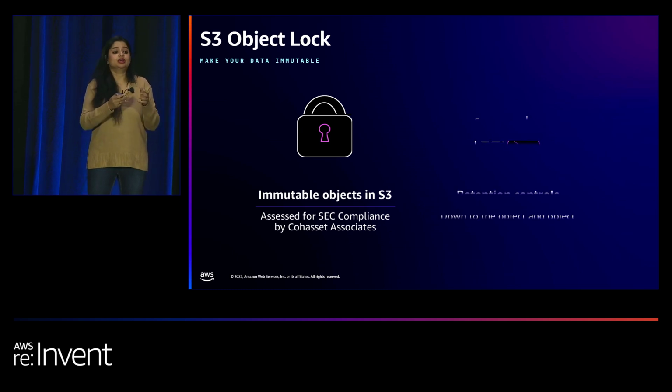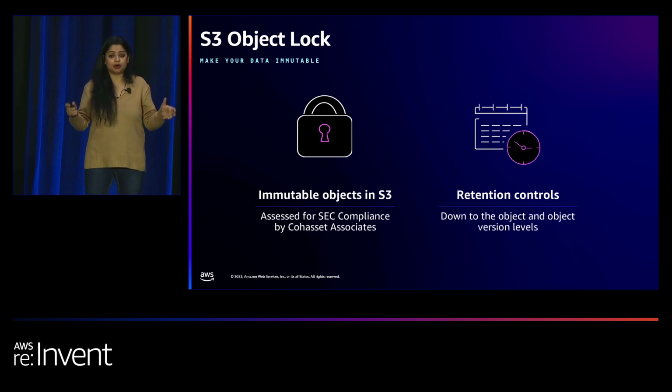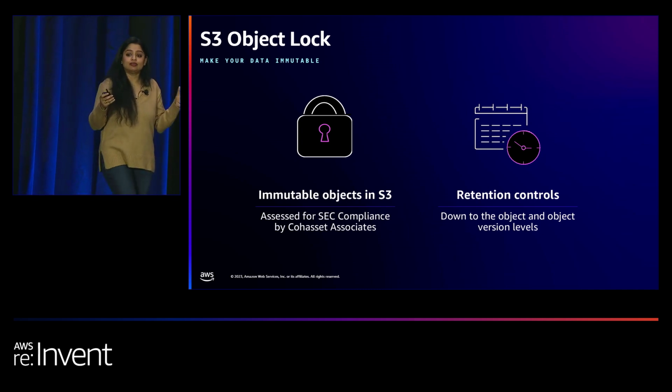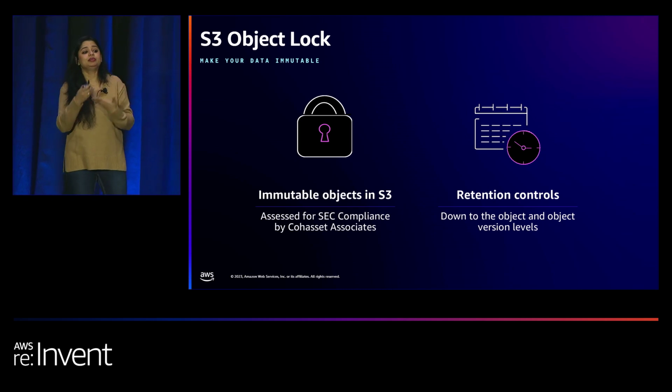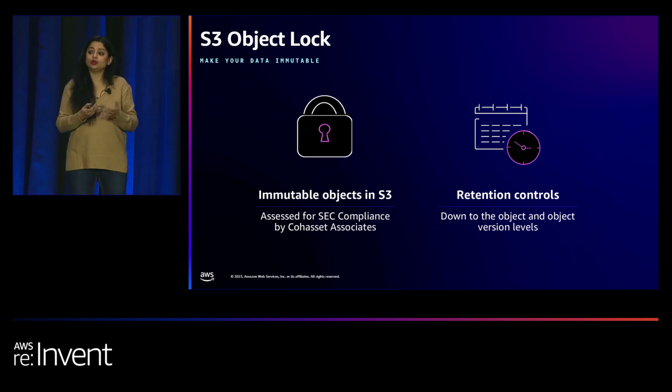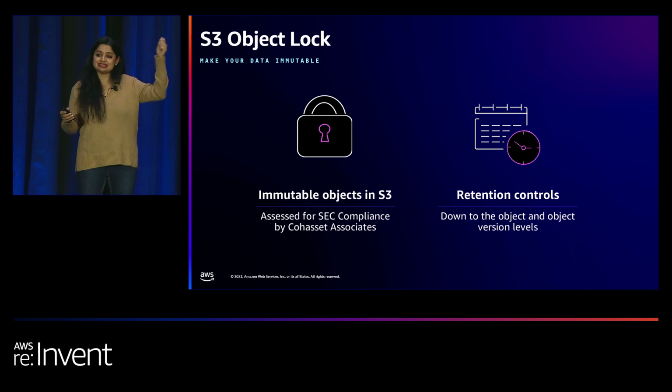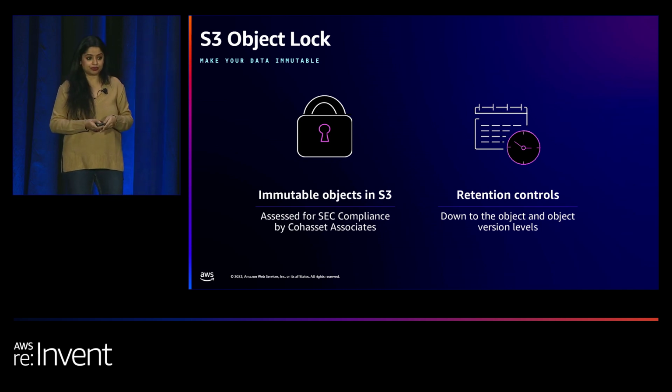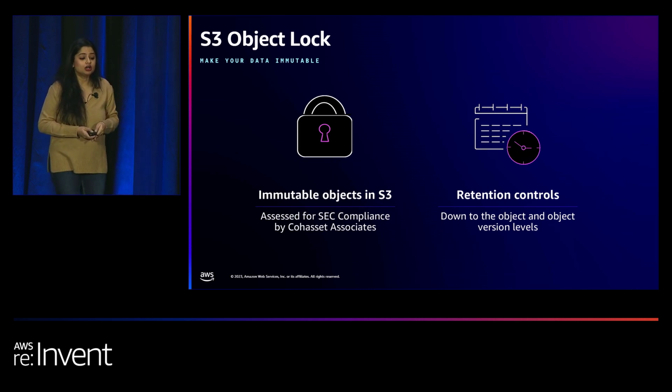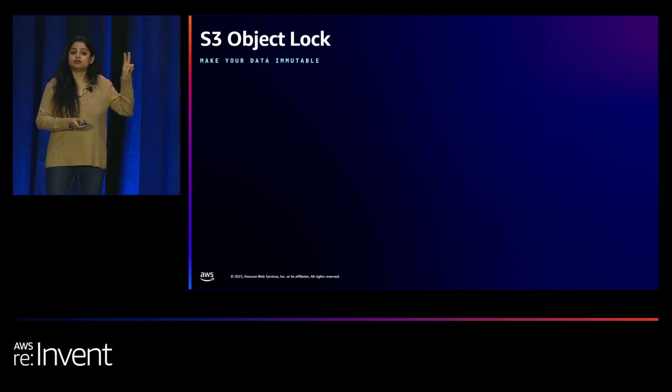When you enable S3 object lock on your bucket, you have the option to choose a default bucket level retention setting, which will then be applied to all the new objects that are uploaded to your bucket, or you may choose to specify retention settings for particular object versions. You can also use S3 batch operations to specify retention settings for billions of objects using a single batch operations job. Now, S3 object lock actually provides 2 ways to manage object retention.